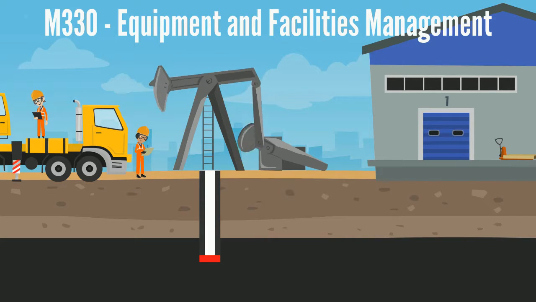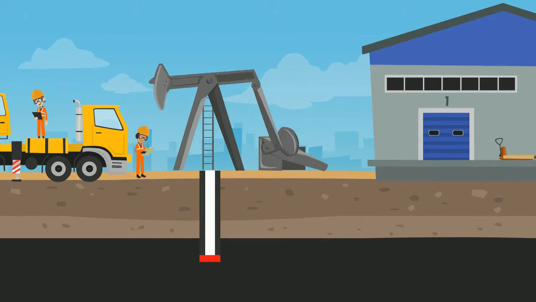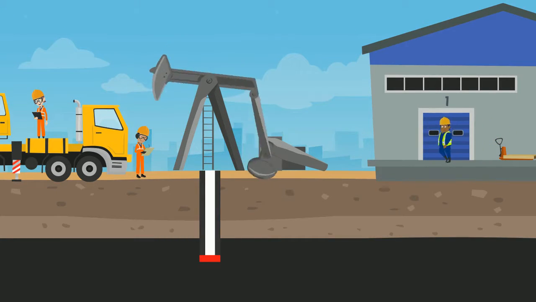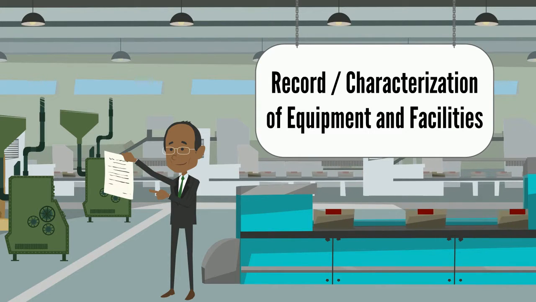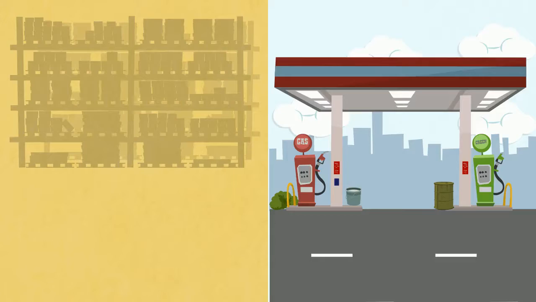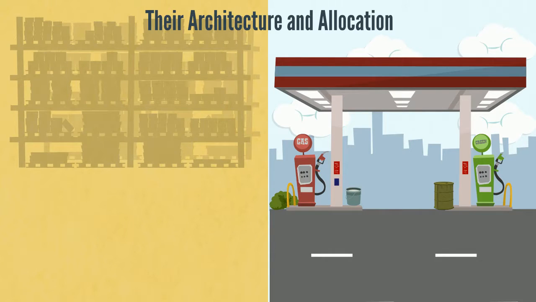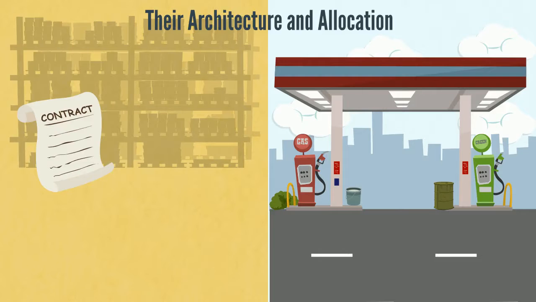M330, Equipment and Facilities Management. This module is directed to the management of equipment and facilities, with highlights to the record, characterization of equipment and facilities, their architecture and allocation to organization units and/or people, insurance